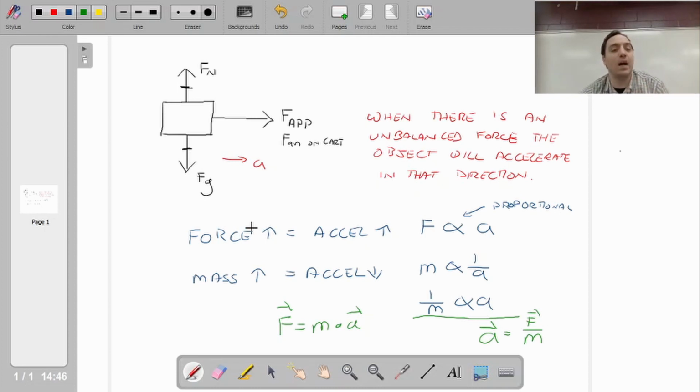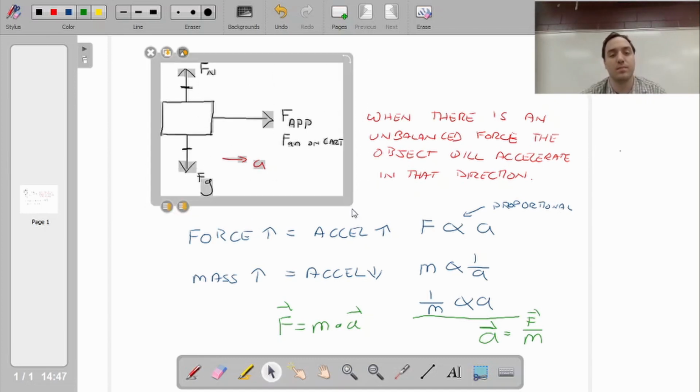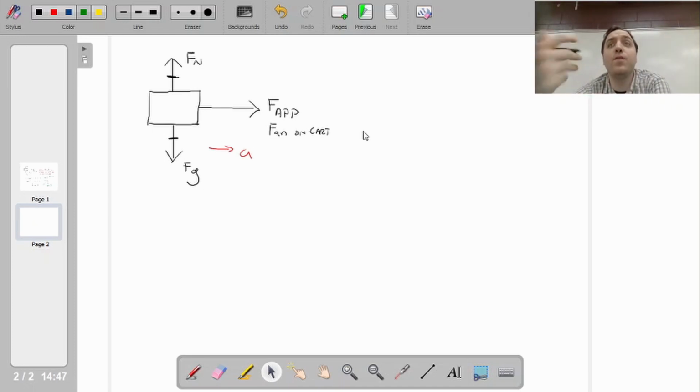But this is non-specific. We need to be a little more specific about what we're talking about here. So let's take this situation here and examine it a little more closely. Because if force equals mass times acceleration, then there should be an acceleration up and an acceleration down. So we need to clarify. So let's take that F equals ma and put it into more specific terms. Specifically, we use this little symbol here, this sigma. And what this tells us is that the sum of all forces,